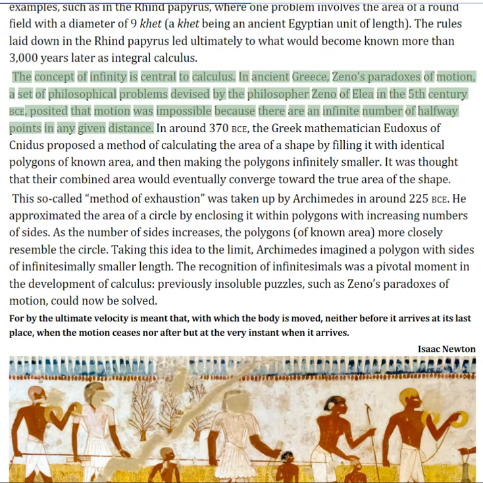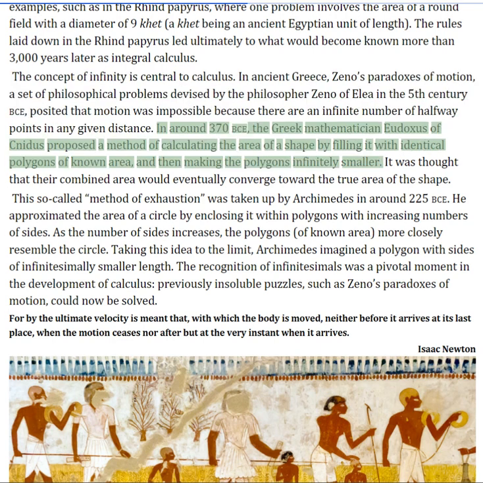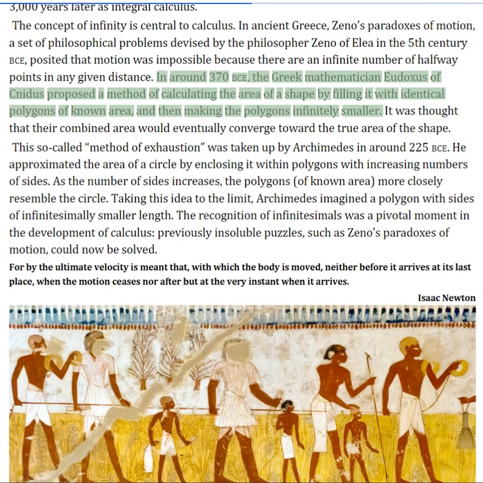The concept of infinity is central to calculus. In ancient Greece, Zeno's paradoxes of motion, a set of philosophical problems devised by the philosopher Zeno of Elea in the 5th century BC, posited that motion was impossible because there are an infinite number of halfway points in any given distance. In around 370 BC, the Greek mathematician Eudoxus of Cnidus proposed a method of calculating the area of